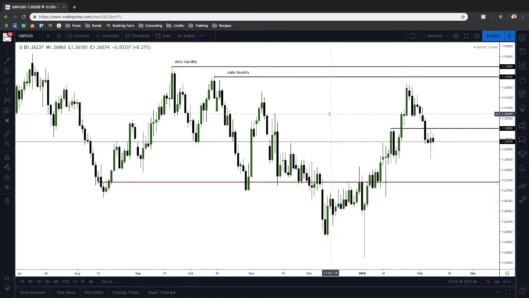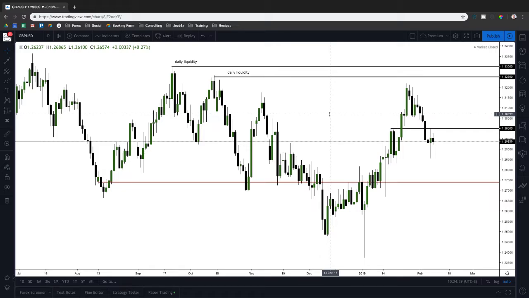So if we take a look on the weekly, you guys can see that we've clearly come down here, right? We've been in a bearish trend. Market had a high, formed a low, came back up, hit resistance, sold off, came back up, formed one more lower high, sold off again, gave us a lower low. Market pushed higher, big ugly long wick here. Market pushed up, failed to break a higher high yet. Now we're coming back down and basically just retesting what could be a support at the